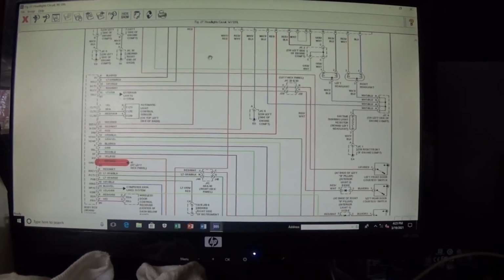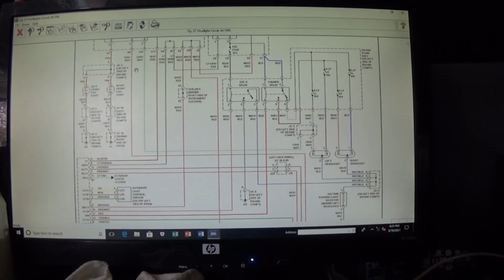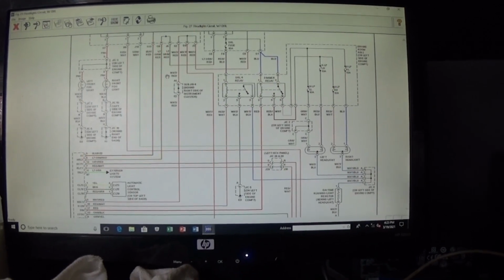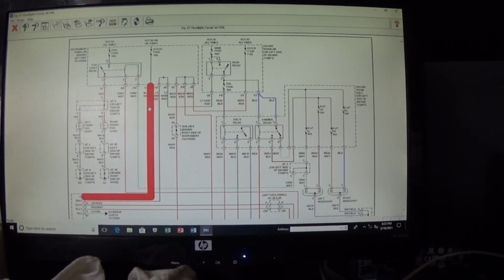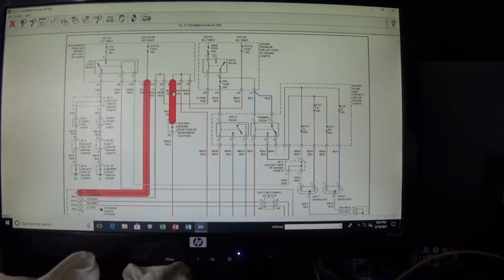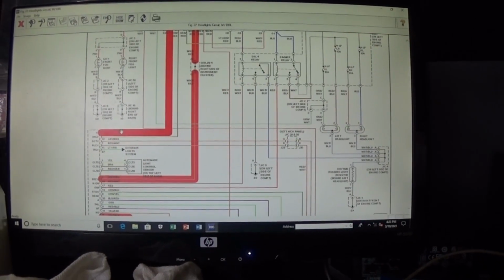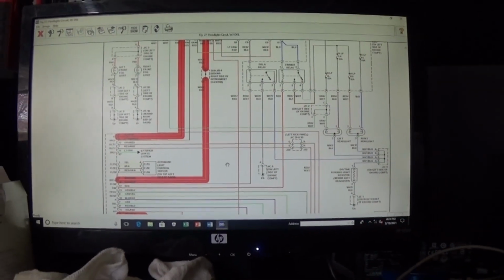That was fine. And then we have a power feed here, I think, and power feed comes from this fuse here and here. And so I checked these two power feeds, they're fine. However, this was incomplete